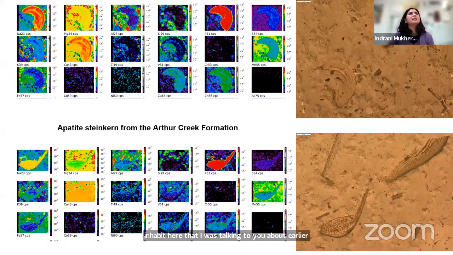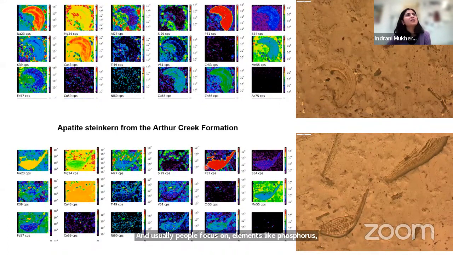And this is bona fide fossils, right? So these are apatite sternkines from the small shelly fauna in the Cambrian, in the Georgina Basin in Australia. And we know these are fossils, as they've been proved. And usually people focus on elements like phosphorus. Oh, it's full of phosphorus. Look at this, full of phosphorus.